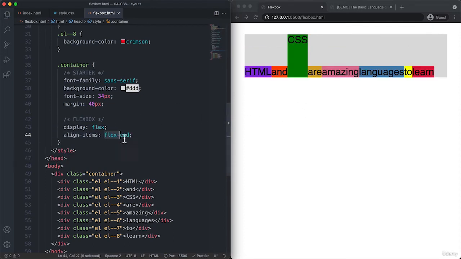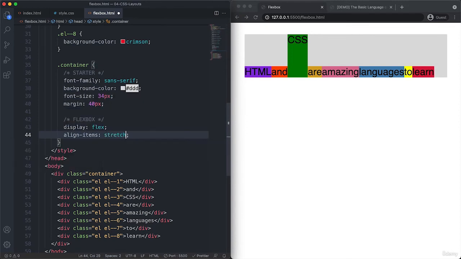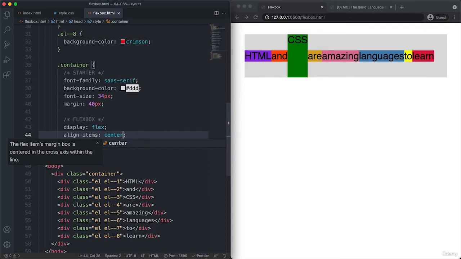All right. And by default, the value of align items is stretch. And so now we will see exactly the result that we had at the beginning. So stretch essentially means that all the elements will automatically stretch as tall as the tallest element. All right, but let's actually put it back to center because this is one of the most important applications of